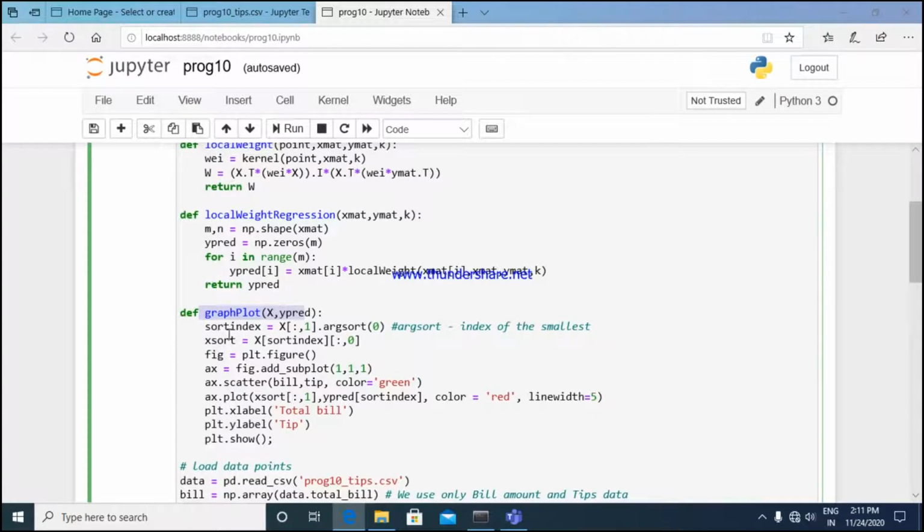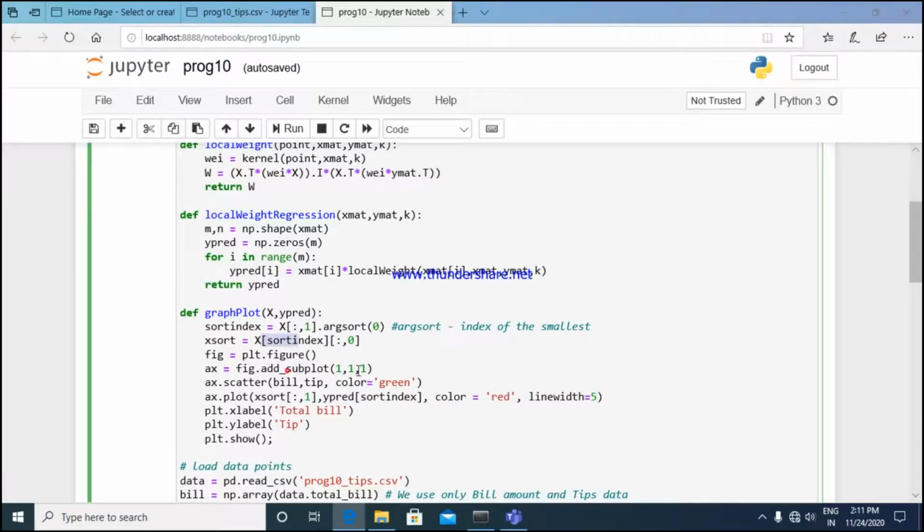Here, sort index is equal to x argsort, that is, it starts from 0. After that, xsort is equal to x of sort index, whatever output we have got from the sort index is given as an input to xsort, and then figure is equal to plt.figure. So what figure do we have?